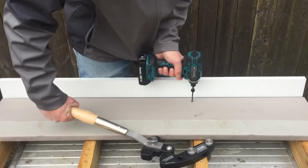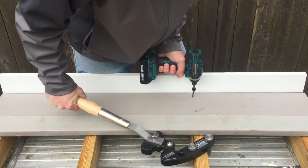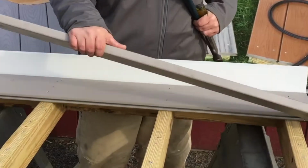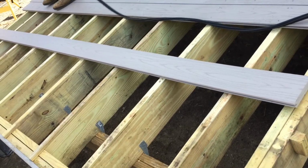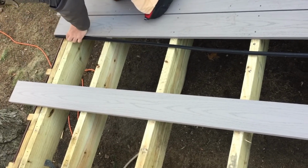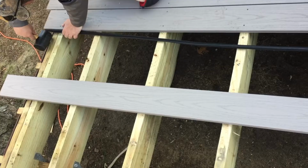Continue installing the screws, 2 per joist. Make sure to completely install each board before moving on to the next. We're now ready to install the next row of Dexerdry and the next deck board. Starting at one end, install the flange into the groove of the deck board, using the rubber mallet to seat